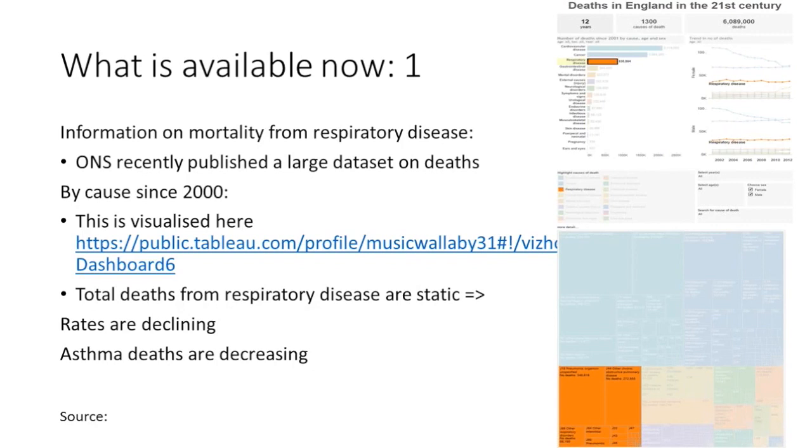And this tool, you can go on the web and have a look at it. It allows you to drill down, so you can put in a search term and find a particular cause of death within respiratory disease, or any other disease for that matter, and you can look at it by age. We did this to illustrate that there are increasingly powerful tools that allow us to take quite large data sets and make them much more accessible, so that in this one page are effectively 6 million deaths you can analyse.